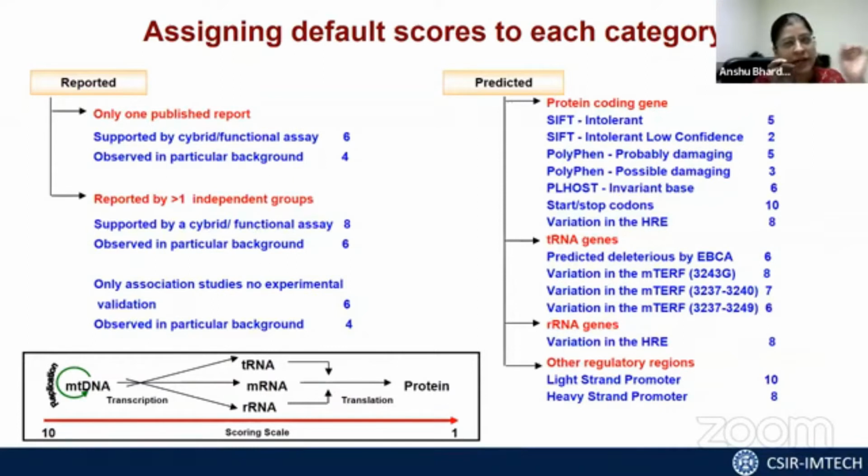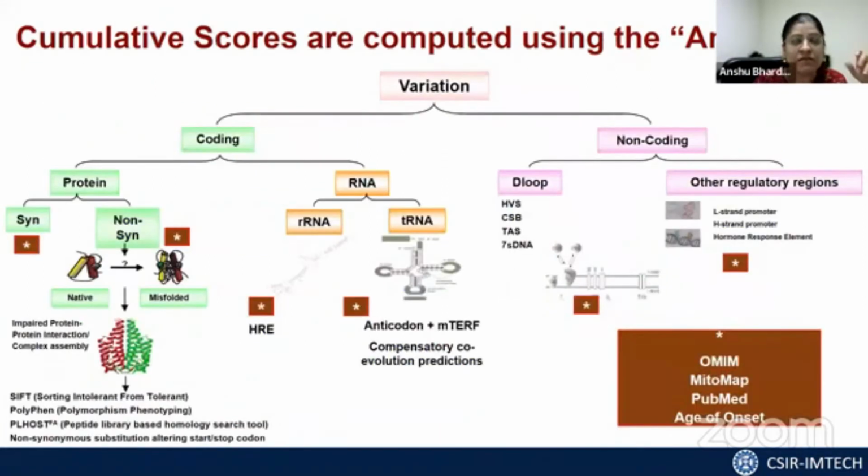So between this 1 and 10, the other scores that you have seen here are assigned based on the anticipated impact that these mutations might have on the mitochondrial function. And when you have several such mutations in an individual, we multiply all the scores and not add them. So this is the AND logic. I would request you to go and read the paper on why we applied this logic.